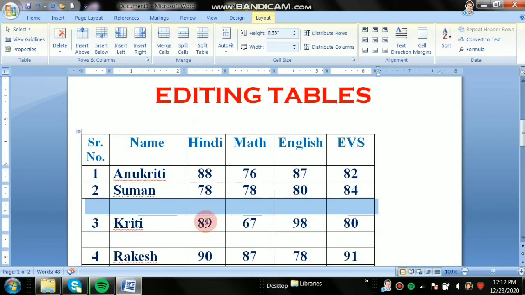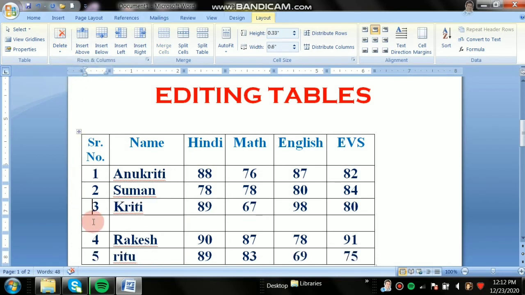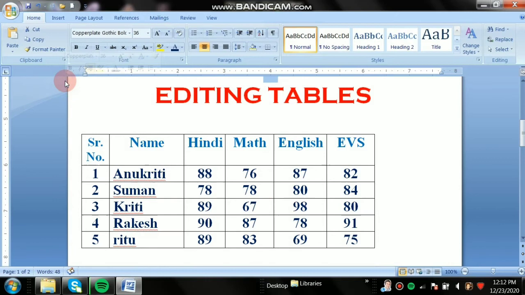Like that you can insert a row, and if you want to delete it, you can just go to the delete option and click on delete rows. Like that you can insert columns and rows in the table and edit the data you have already written.